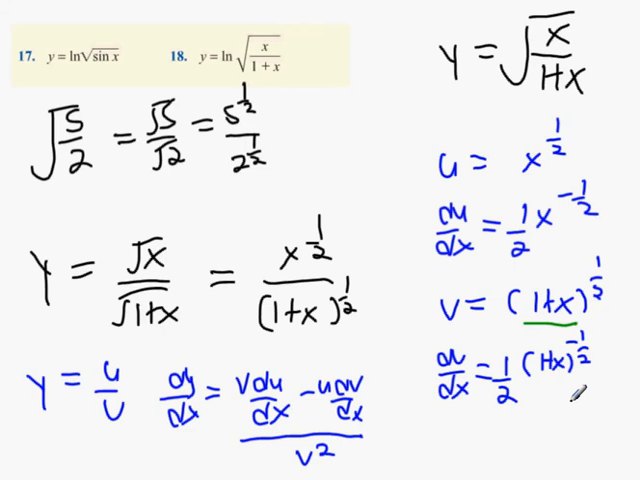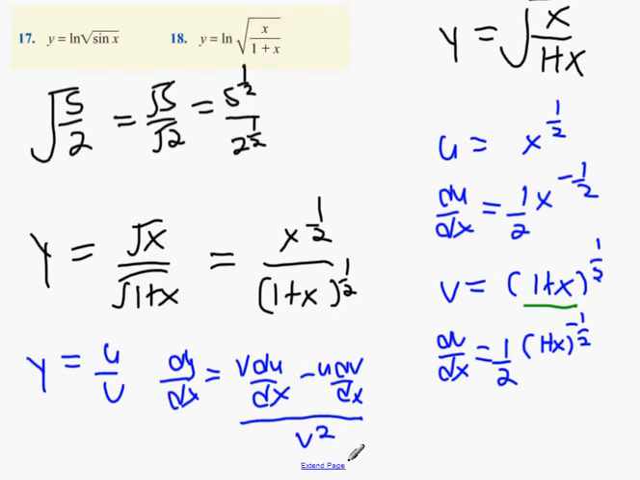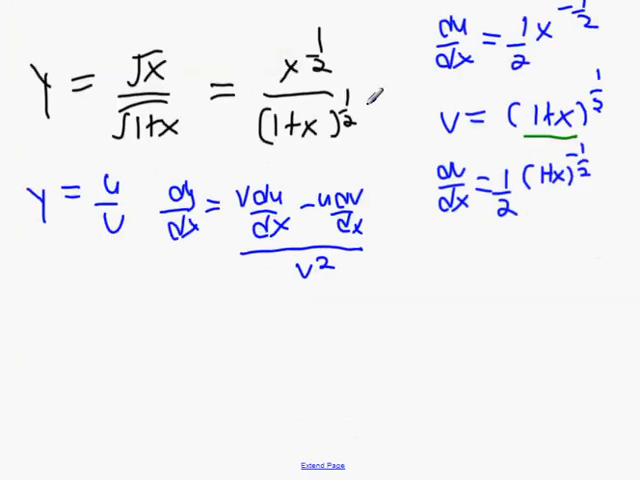Okay? Now, we have the 2 of these done. We've got to enter this into dy/dx. So, Connor, this is what you were asking me earlier. Okay? So we're going to have v times, so it's going to be 1 plus x to the half, multiplied by